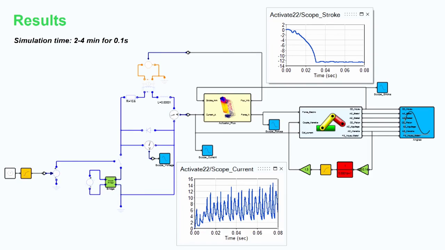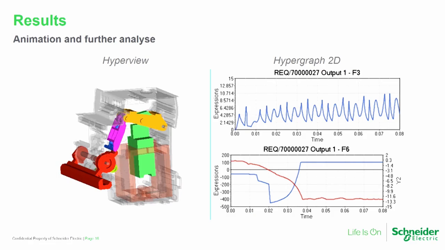So now we see how it looks in Activate, and the simulation took 2 to 4 minutes for 100 milliseconds, which is quite okay. You can do your post-processing within Activate using the outputs you defined in MotionSolve, and of course any other signal from the system simulation model. But of course you can also do your post-processing in MotionView